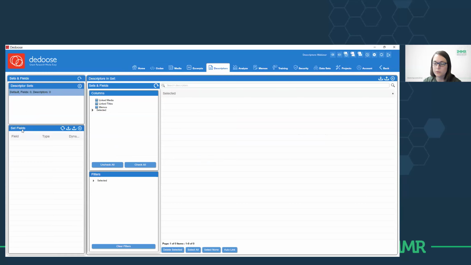Set fields is just below that. This is where you could manually add different descriptor categories if you wanted to. So race, gender, age, time of interview, all of those would be different fields. And then over here on the right, this is where your descriptor profiles will populate once you import them or once you create them. So right now I'm going to import that spreadsheet. I'm also going to put that spreadsheet in the chat for you so that you have the actual example. So I'm not going to share the spreadsheet. There we go.